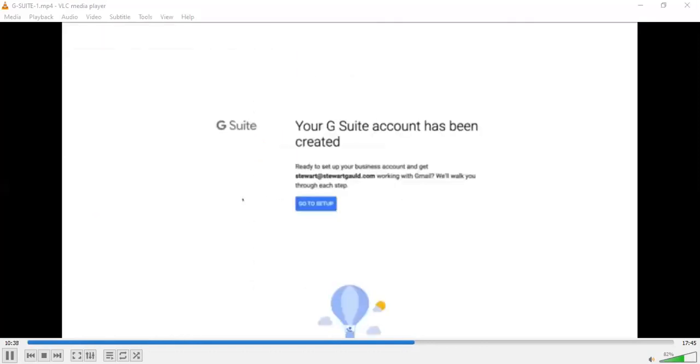And congratulations, you have just created your G Suite account. Now the next step is extremely important. It's vital for getting your Gmail to work. Now that we've created your G Suite account, you have access to all the apps we talked about in the beginning. But now what we want to do is make sure that we've connected our G Suite account with our domain. That's how we can set up the G Suite account.